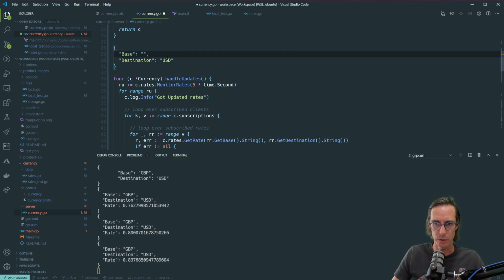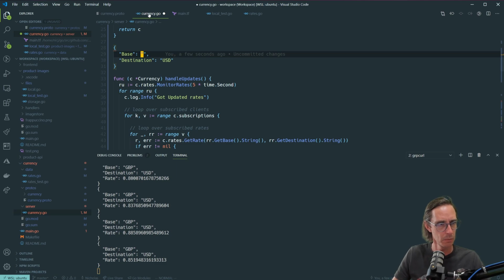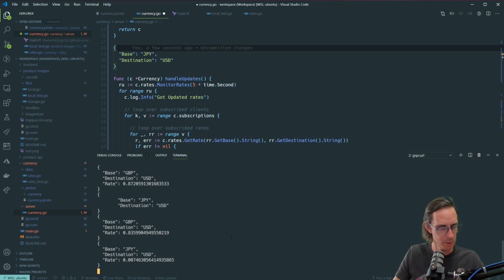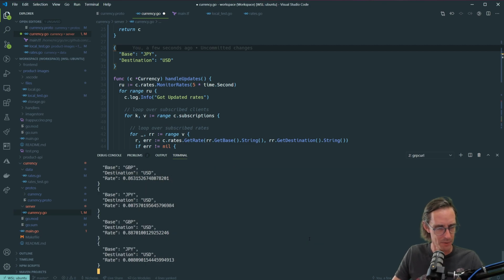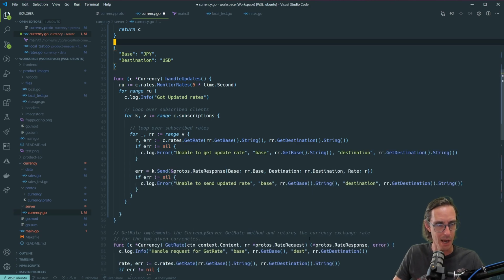Let's say we also want to get, gosh, what currencies have we got? Oh, we could do Japanese yen. Let's do JPY in US dollars. And again, I'm just going to paste that in. So now we should be getting two subscriptions, one for US dollars and one for, there we go, yen. So that's working, and you can see that we're getting these client requests, and we're sending these messages back based on subscription. So this is all working exactly how we would like it,